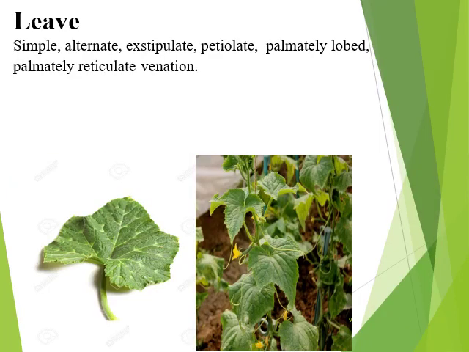In this Cucurbitaceae family, leaves are simple. They are arranged in an alternate pattern. At the base of the petiole of the leaf, small scale-like or leaf-like structures are absent, and those structures, as you know, are called stipules. So the leaves of the Cucurbitaceae family are exstipulate. It possesses a petiole, due to which such type of leaf is called petiolate, and leaves